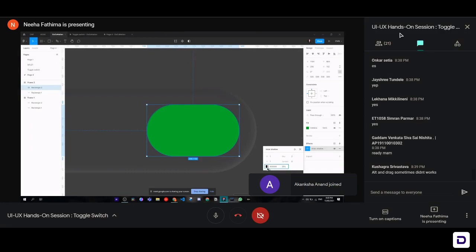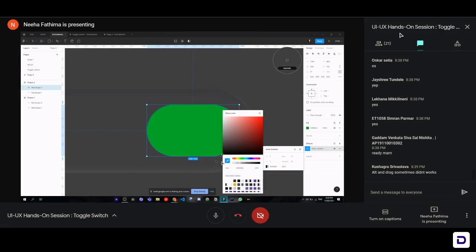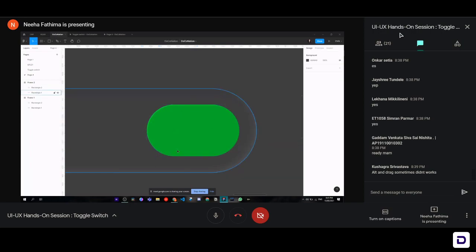And we will change the color. We'll use the color picker and change the color to the color of the element, that is the toggle switch, green. Okay, so once we've done that, we will drag the color and make it a little lighter so the effect is seen. So you can see the corners over here, there's a little whitish smooth effect. You can see a smooth finish to the button instead of a raw dark finish. So that we've achieved, we've got a little white effect from the top and left corner.